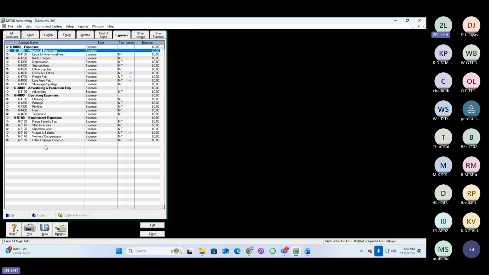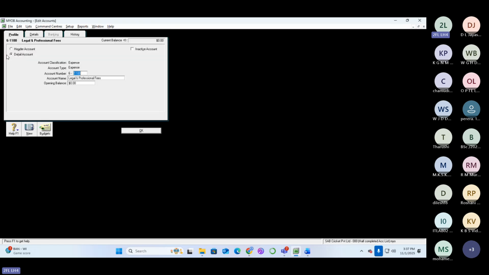Then what you can do is, here you can see that the account number is taken by another expense, and that account doesn't have any link. So it's a free, independent account. The easiest thing you can do is just change the name of that account. So 1100 is the legal and professional fees account, right? So open that, and I'm changing only the name, to bad and doubtful